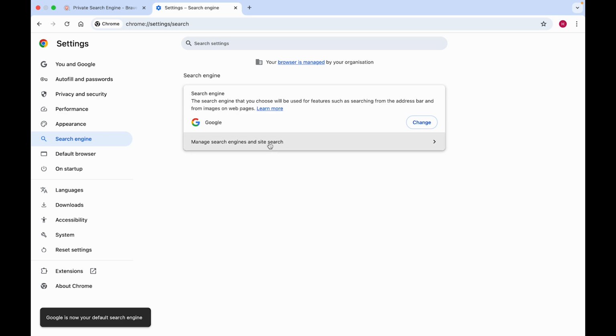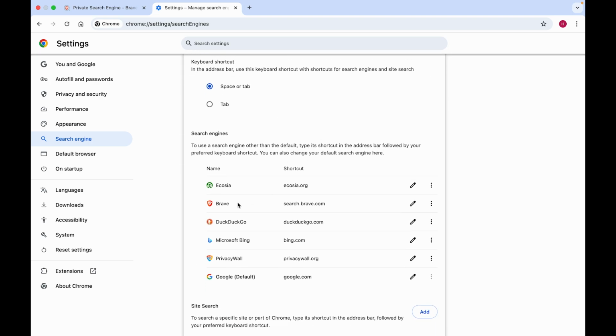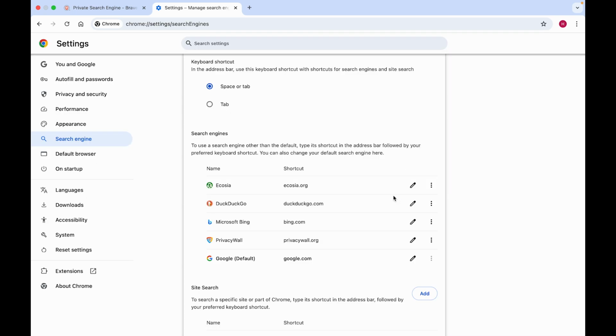So you have to click on Manage Search Engines and Site Search. Once you're in here, you'll see Brave, search.brave.com. You can click on the three little dots next to it. Click on Delete. Then it will warn you again, but you can just click on Delete. And right now you've removed Brave Search